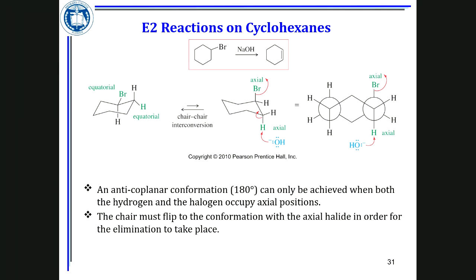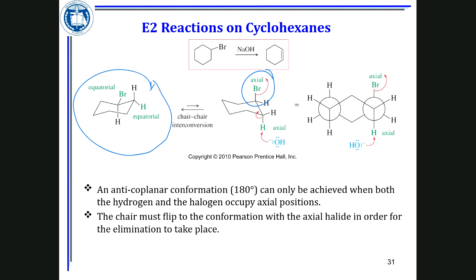cyclohexane, and it was a good question earlier, why we are concerned about cyclohexane and its stability so much, because that is the most stable cycloalkane. We have two stable cycloalkanes, cyclopentane and cyclohexane, and that's why we are talking about those two more than anything else. So when cyclohexane goes through elimination, the Br, or halide, must be on the axial position,